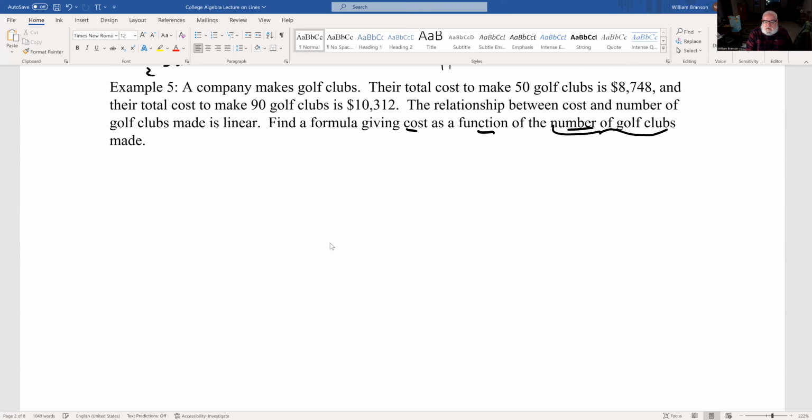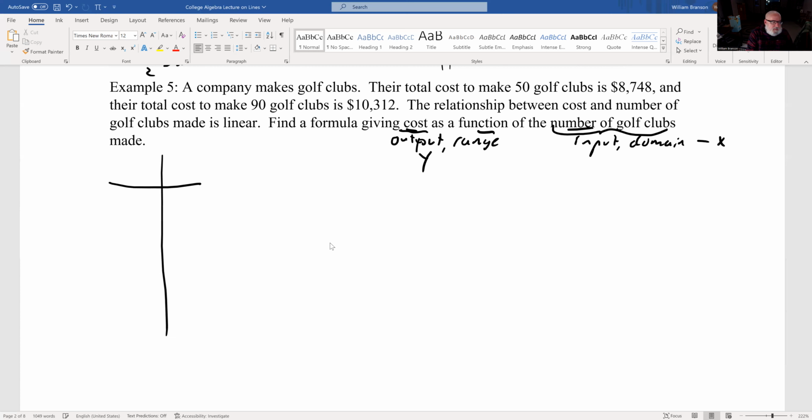So this is the input or domain. We usually call that x. If I know how many golf clubs I'm making, can I figure out the cost? This is my output, which is my range, and we usually call that y. So clubs made, that's x, cost is y. 50 golf clubs cost me $8,748. 90 golf clubs cost